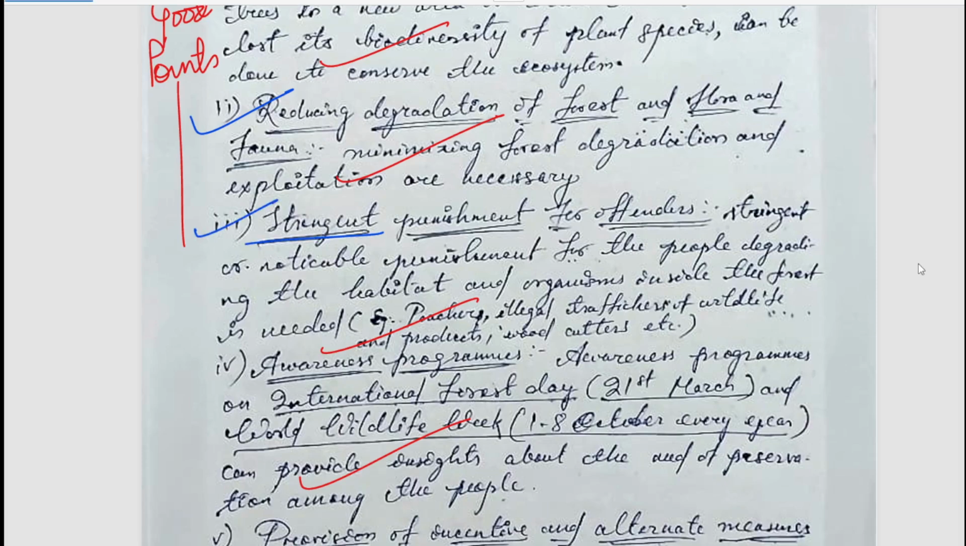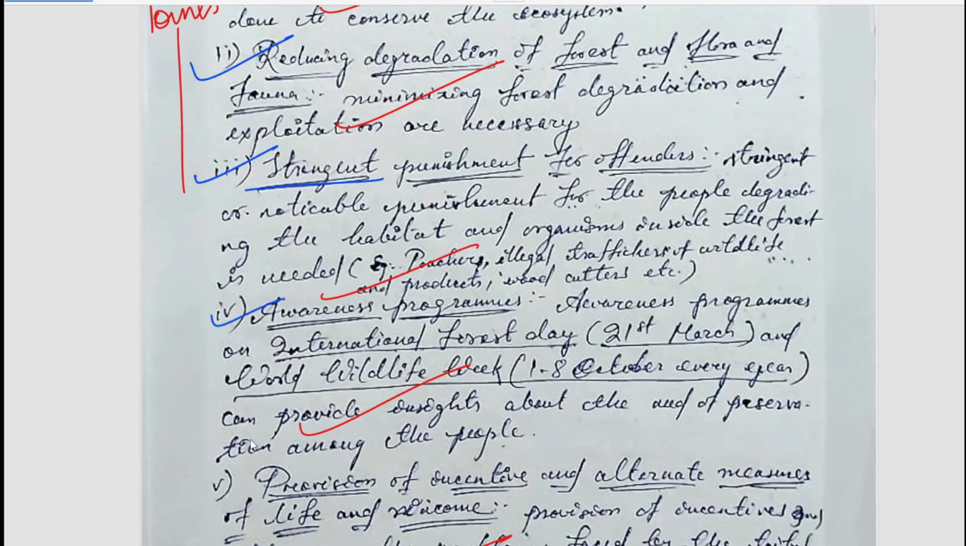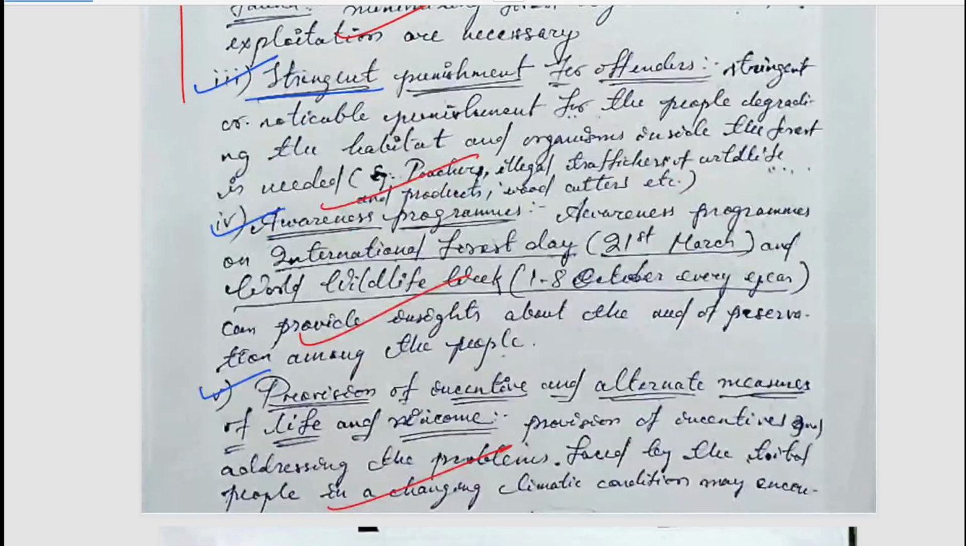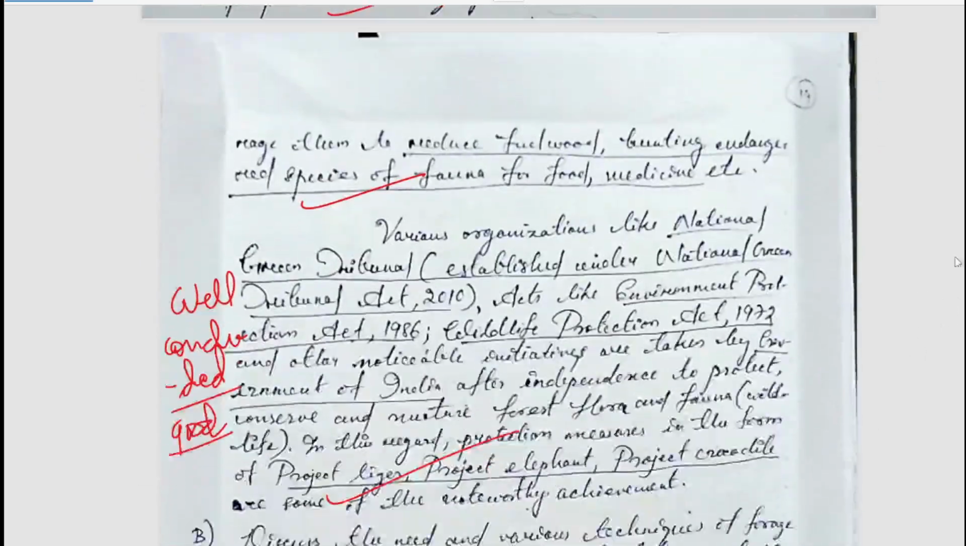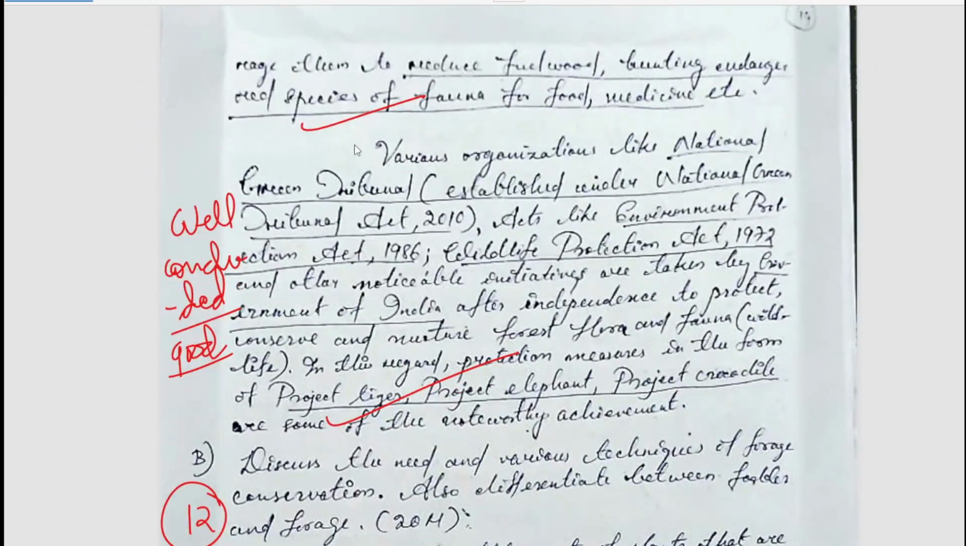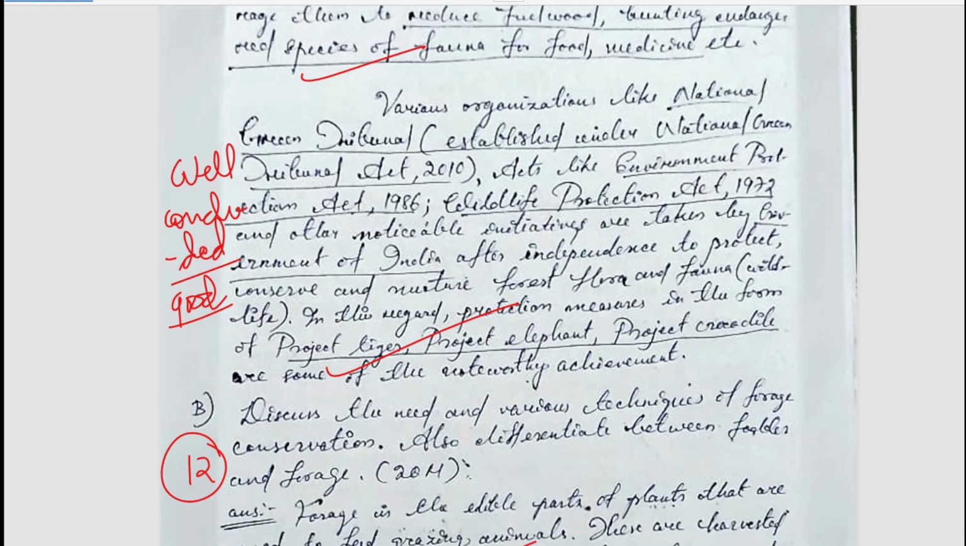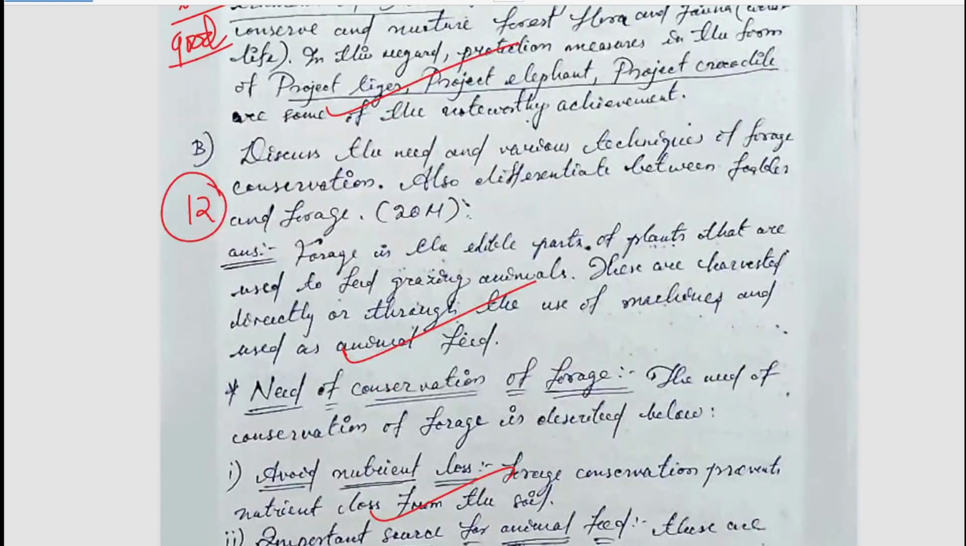Stringent punishment to offenders, awareness programs can be run, provision of incentives and alternate means of livelihood and income. So well written points, and you can say very well written conclusion where various acts have been discussed. That is good. Now let's move to the next question. The next question is